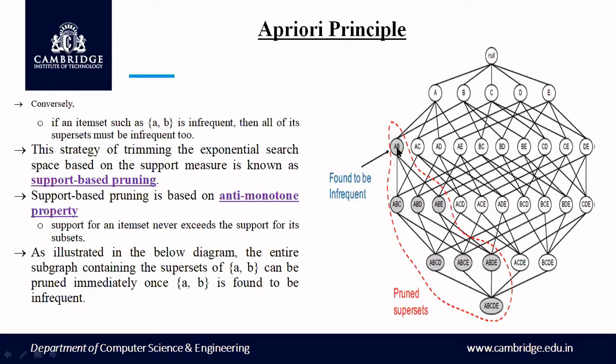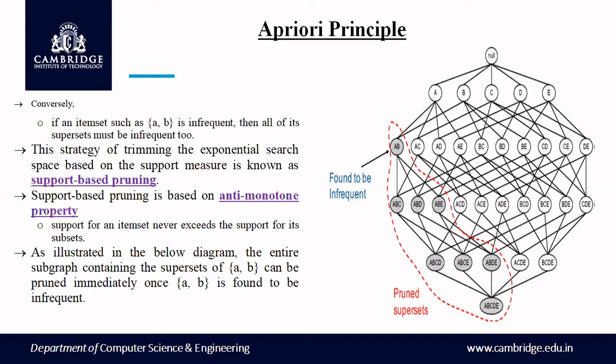since the 2 item set itself is infrequent, obviously its supersets will be infrequent, in which case I go for pruning all these item sets from my lattice structure. So it's going to be very easy for me to prune or remove the candidate item sets which don't satisfy the minimum support threshold. Pruning is going to be very easy. Since the pruning is applied in a direct manner, identifying the frequent item sets goes very easy compared to the other approaches. So the support based pruning is based on the anti-monotone property.